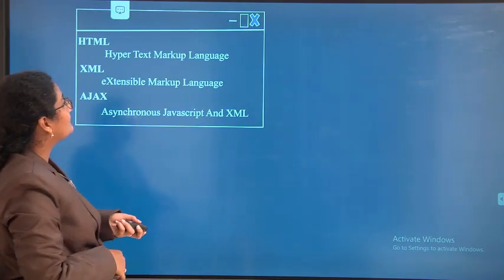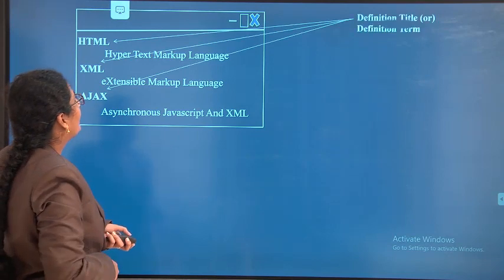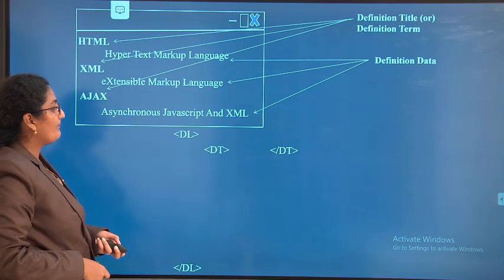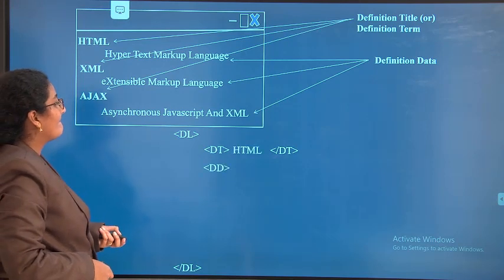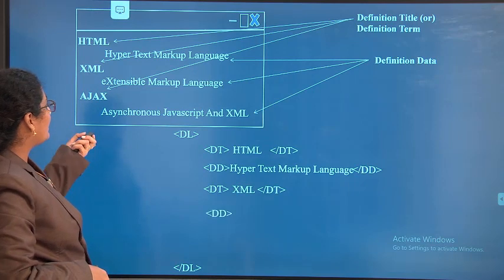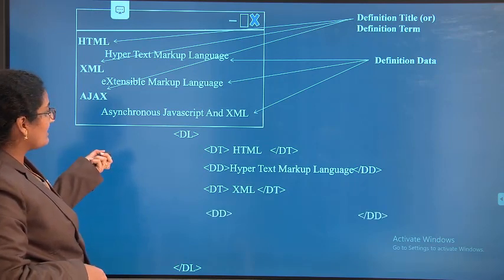See here, very interesting. You can see hypertext markup language, extensible markup language, and asynchronous JavaScript and XML.